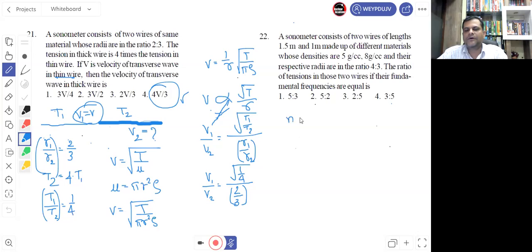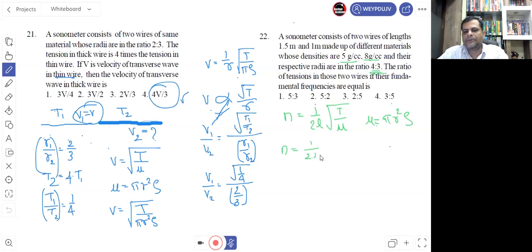So see, what is the formula for fundamental frequency that we have, do you remember? Yes. So the fundamental frequency of any wire is always given by the formula n is equal to 1 upon 2l root T by mu, right? But as we already know, mu can always be written as pi into r square into rho, because it is mentioned here about density and also about radius, meaning its ratio is given. So we have to write it in that form. So we can write 1 upon 2l root T upon mu, where mu is nothing but pi r square into rho,